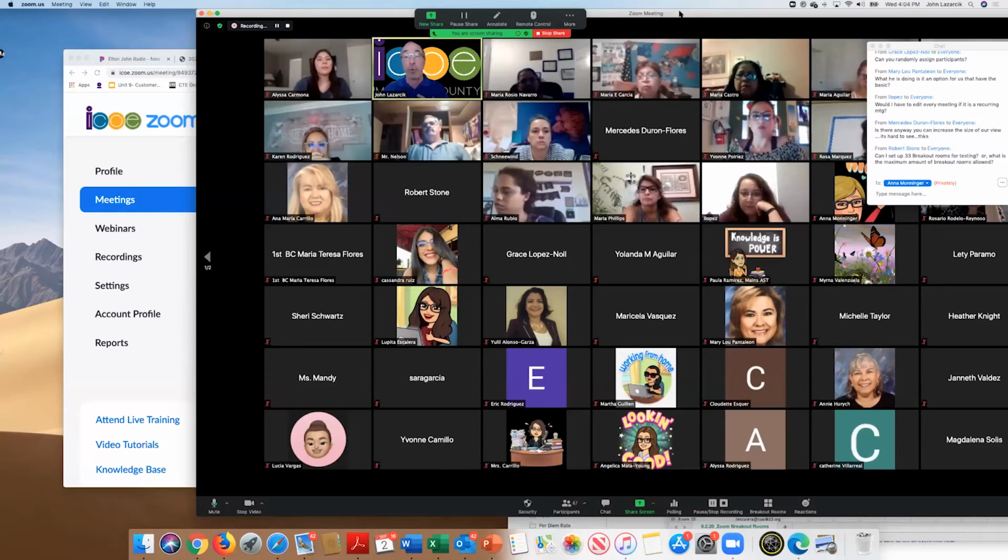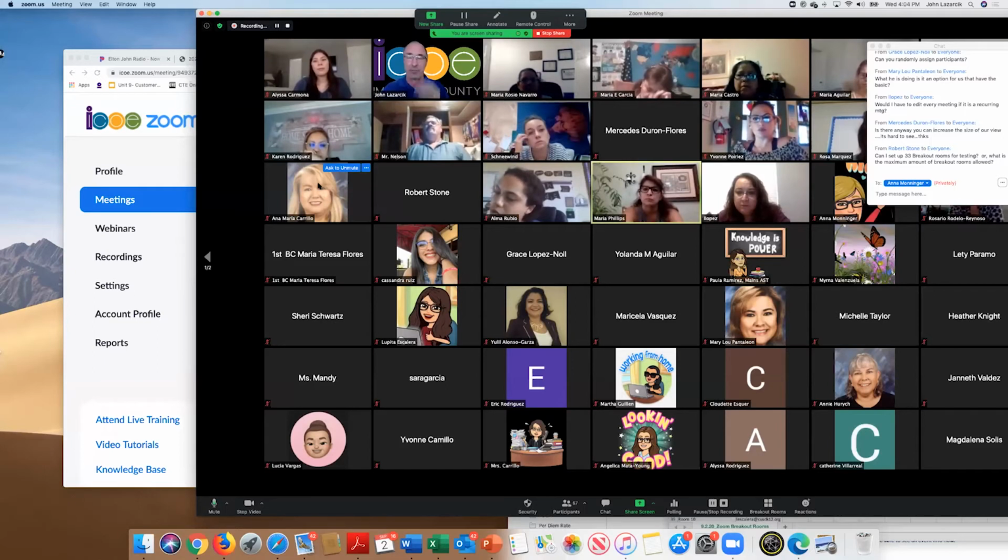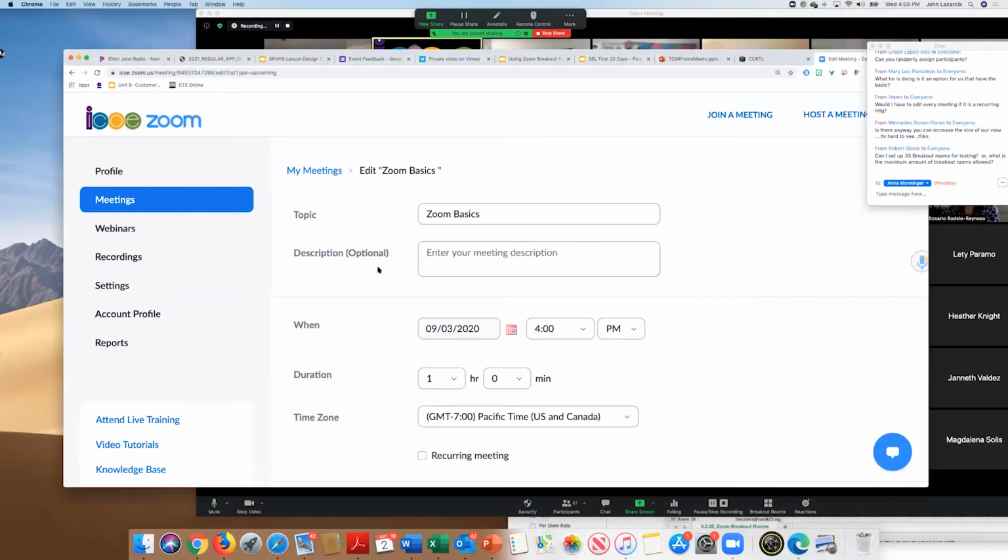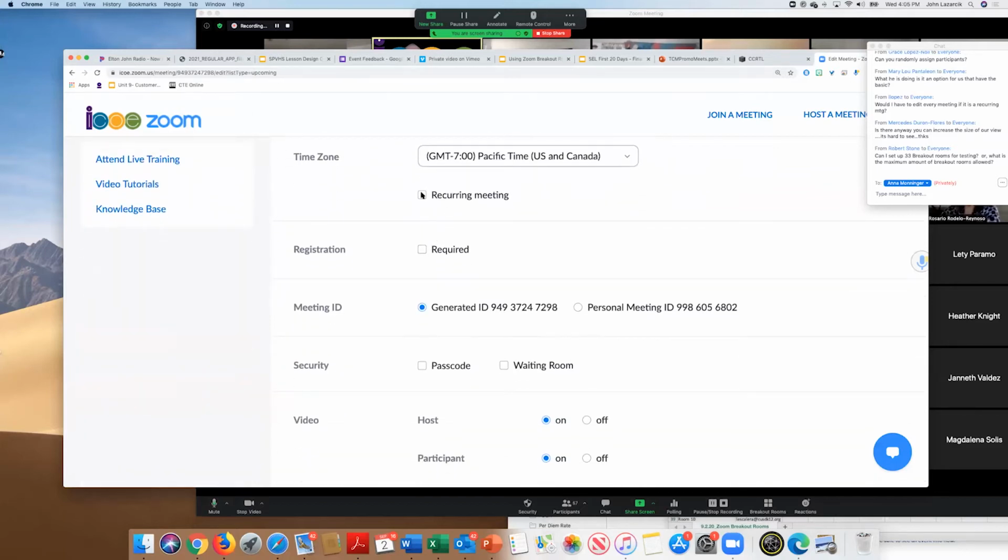But we wanted it to have the same Zoom link, so I had to hit recurring meeting, but then I had to delete all the ones that were in between those days. So that's kind of a funky thing about Zoom, that if you do have a recurring meeting that's not the same time every day, you just have to go back and it'll say like all occurrences, like you said.